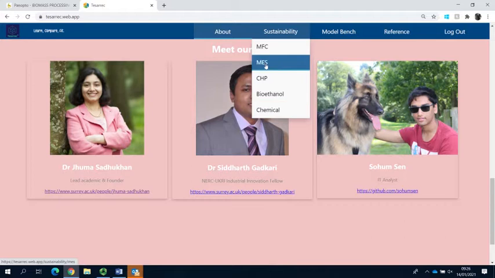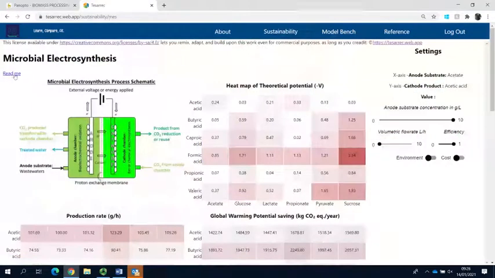Let's look into microbial electrosynthesis as an example to see the main feature that has been followed throughout all the modules under sustainability. On the top corner, you would find a readme documentation that gives all the basis of modeling equations you need to know for the given process technology. That would help you to create your own model and compare the results against the model. And also, you would be able to fit your